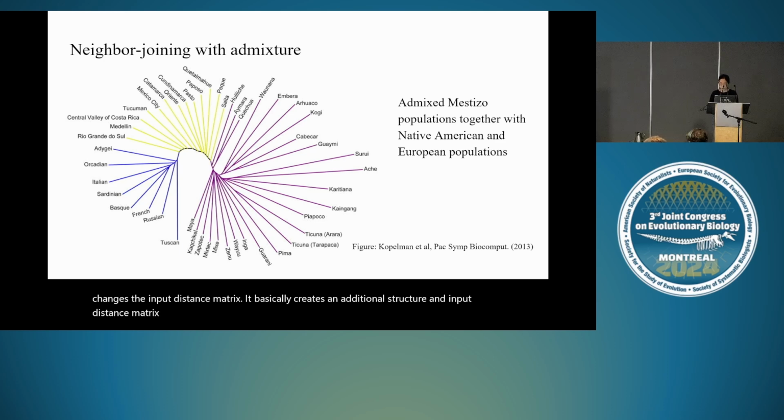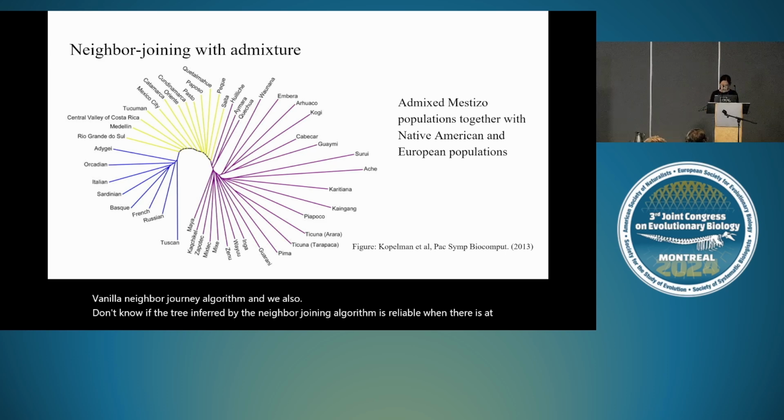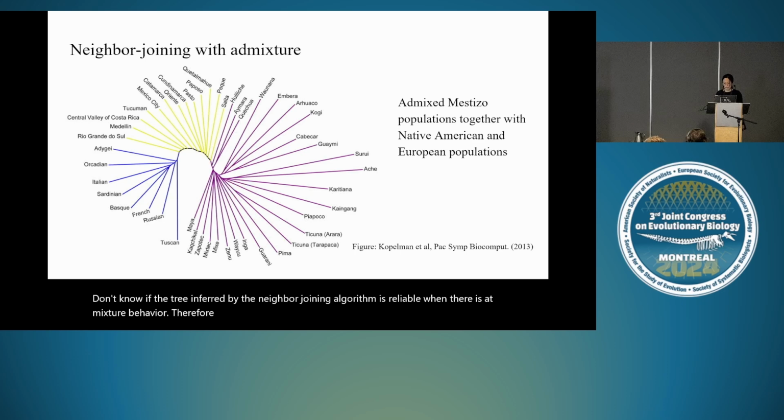Currently, we don't know how to account for this extra dependence relationship among the entries of the input distance matrix in the vanilla neighbor joining algorithm, and we also don't know if the tree inferred by the neighbor joining algorithm is reliable when there's admixture behavior. Therefore, this is the motivation for our project to study how to have admixture in